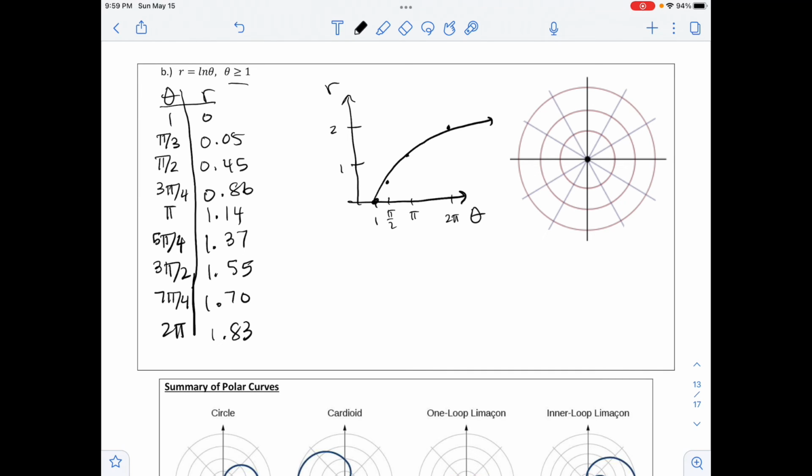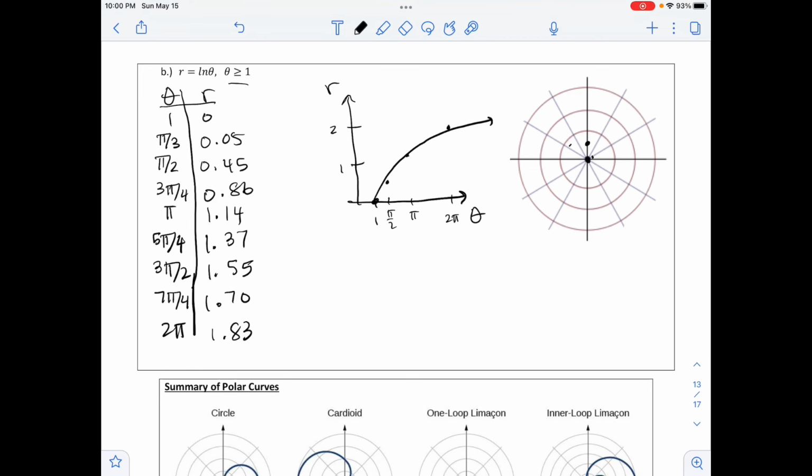And so connecting these, and again this is going to be in terms of our Cartesian coordinate plane. So now graphing this on our polar coordinate plane, at theta being 1 we have 0, at pi over 3 we have 0.05, at pi over 2 we have 0.45, at 3 pi over 4 we have 0.86,